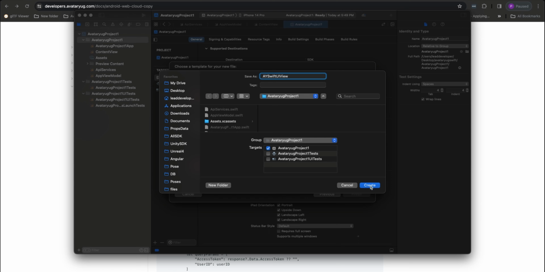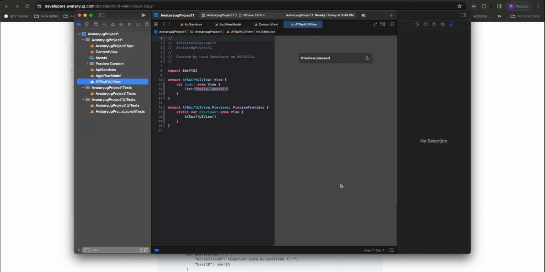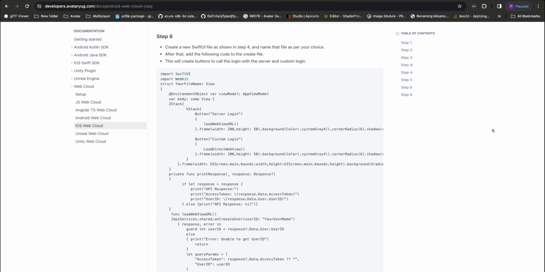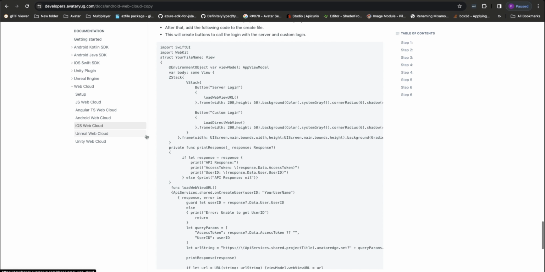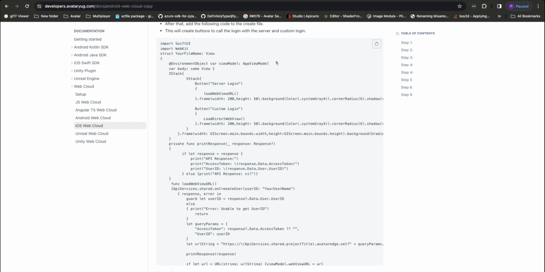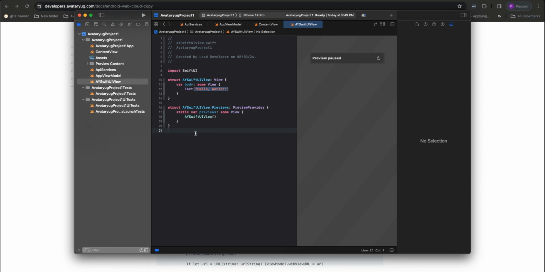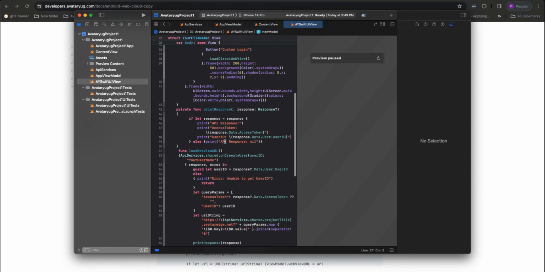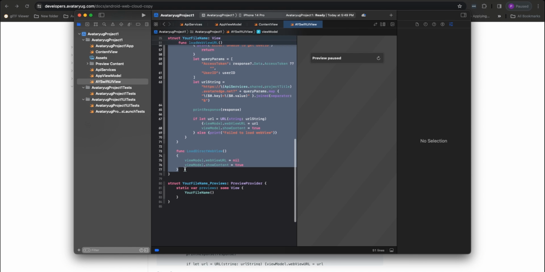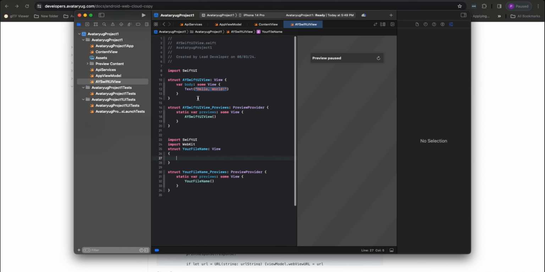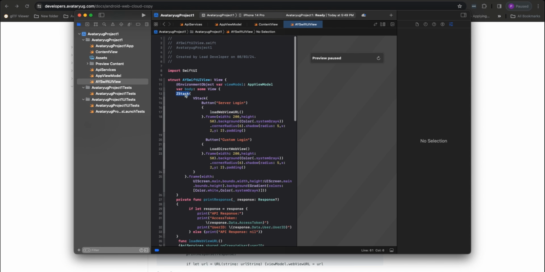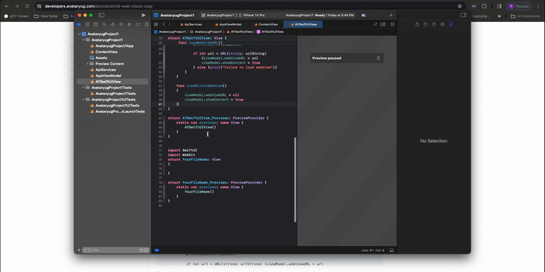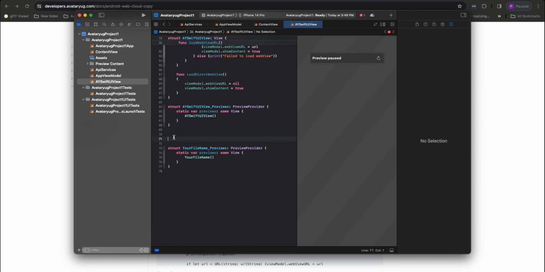Okay, create, and below this code we have to paste the code of the documentation. So copy this code and paste it below this. And we have to remove from this to this bracket, remove it and paste it over here from variable. And remove this code, remove this.